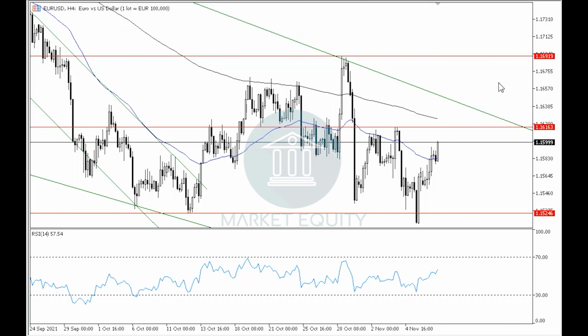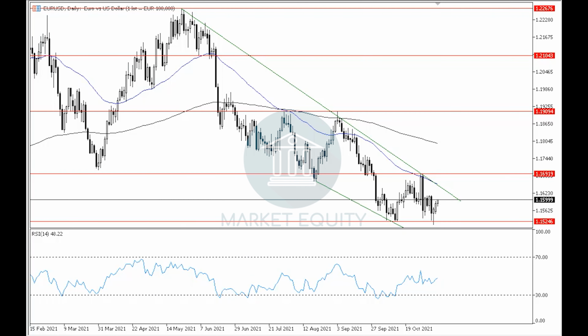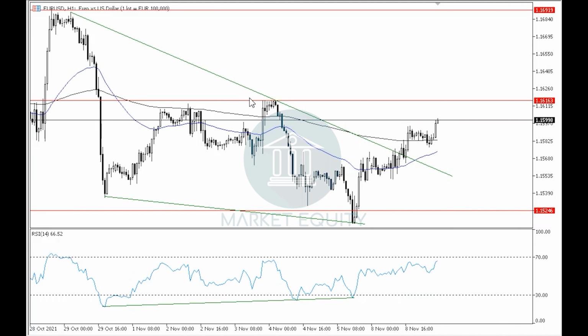Let's begin with the Euro versus the US dollar, where in the previous videos we said that the pair is moving in a downtrend in the 4-hour time frame as well as the daily time frame. However, we can see that in the downtrend there have been some signs of weakness, some of which is the formation of the falling wedge in the daily time frame and the failure to break down through level 1.1525, where, upon rebounding upwards off of it, the pair continued to break upwards to the upper boundary of the falling wedge in the 1-hour time frame, where it has currently started an upwards correctional movement in the 1-hour time frame as